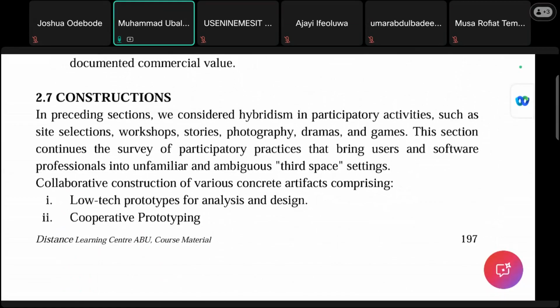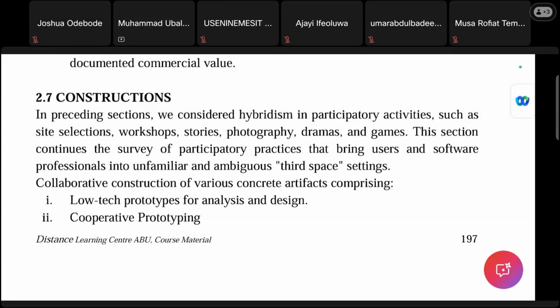So hybridism in this case means that when I use three tools to solve a problem, I'm actually hybridizing them. In this context, we're hybridizing site selection, workshop, storytelling, photography, dramas, and games in order to solve a